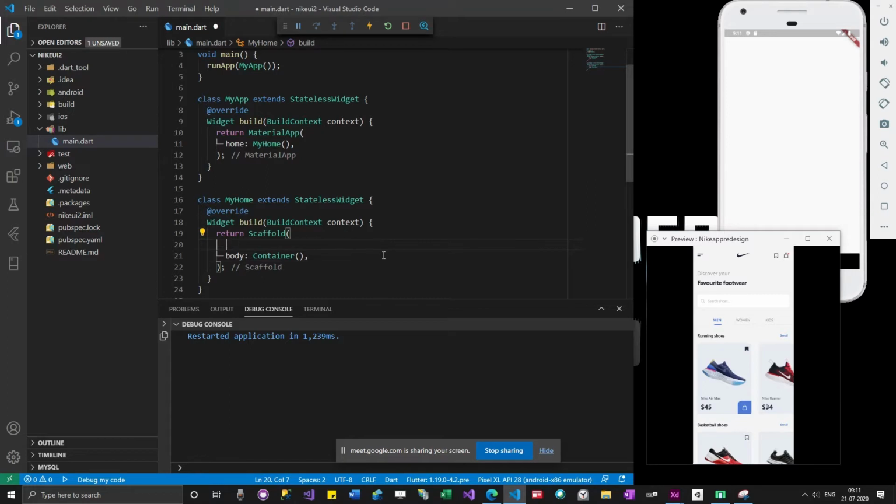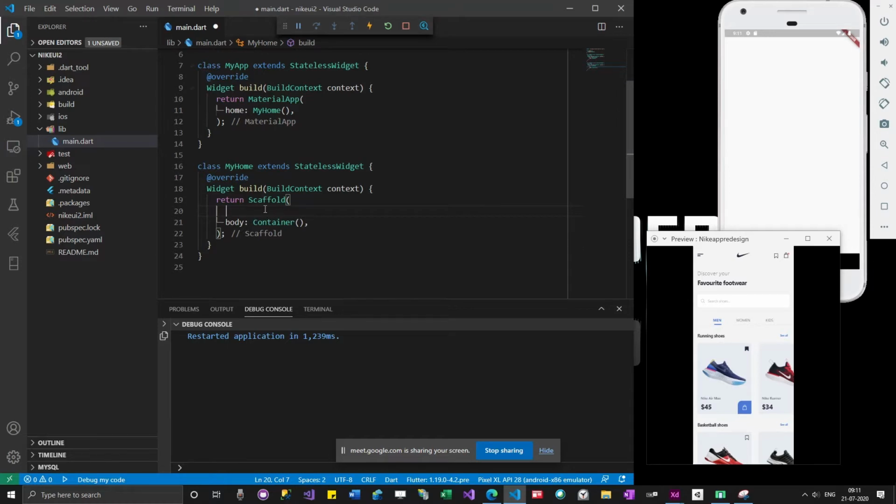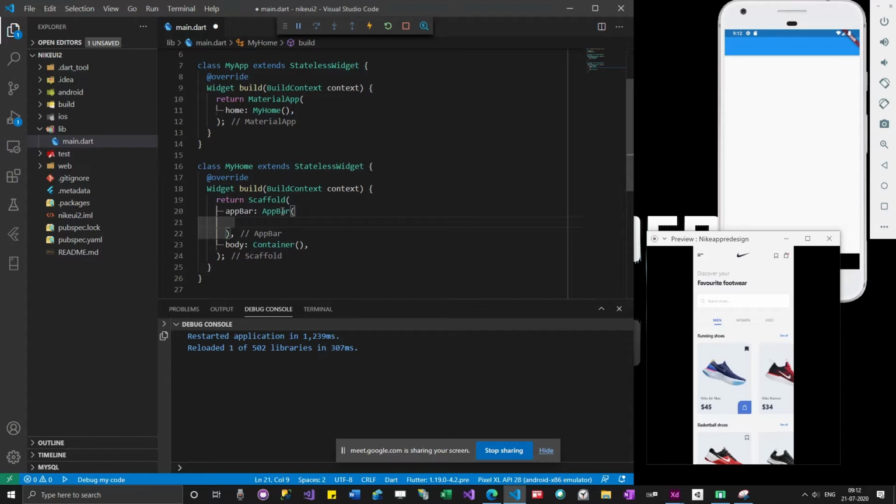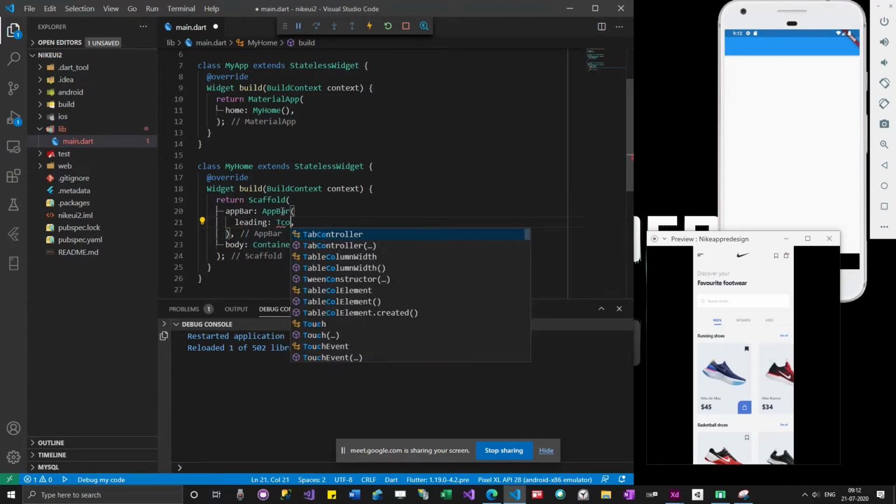Guys, anyway I'm recording this video. If you follow along, you will be able to create the same output. So don't worry if you are missing a part of it. Since we have only 1 hour to cover this, I will be doing things fast. Later you can actually see it. Okay, so appBar, and then in leading I'm going to give an icon.